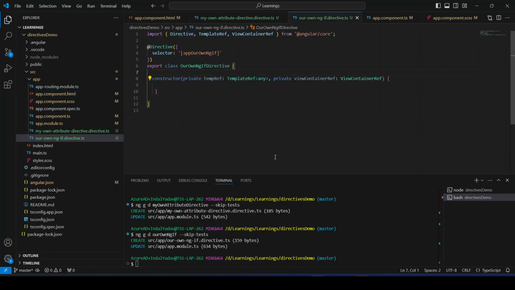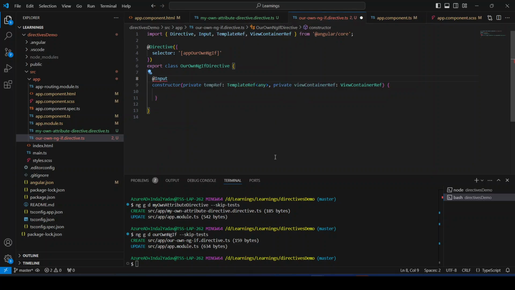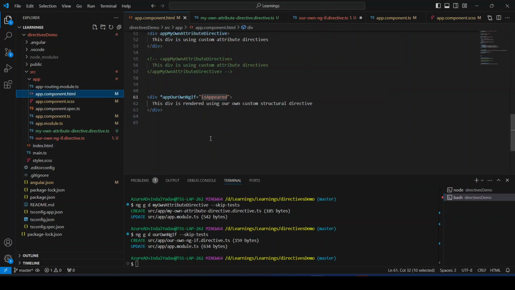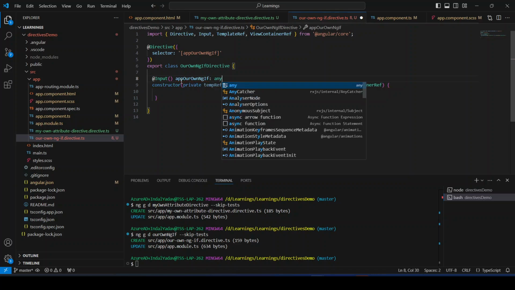So you are right, as we discussed earlier, that a component itself is a type of directive. So here also whatever we have been doing inside the component, the same we can do here. Like if we have to receive a value from the parent, what we do in the component, we create an input type variable. So here we need to do the same, input, and then the name. So what name we are passing? This one, right? The same we can define here, and then we can tell its type, any type,